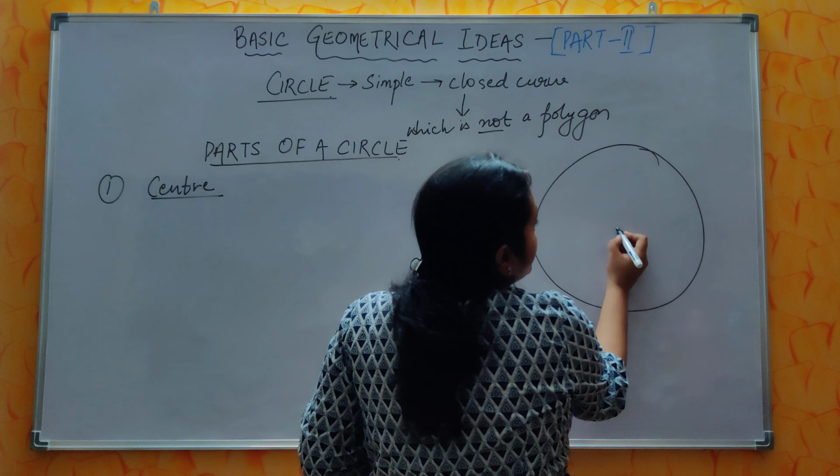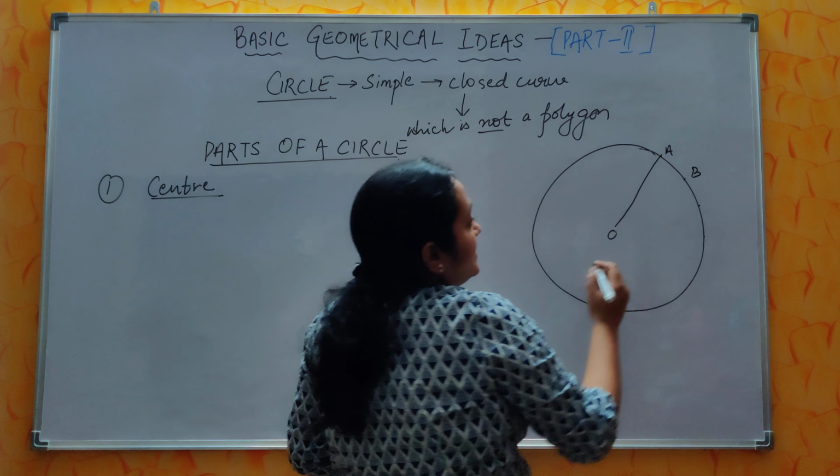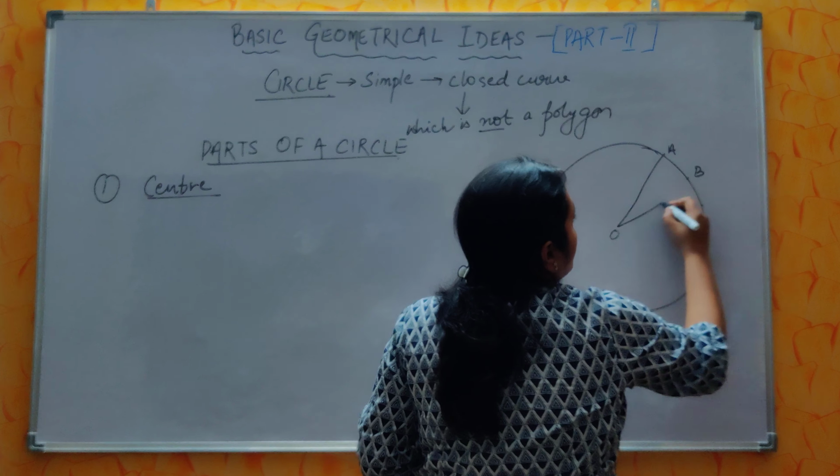If A and B are any two points on the circle, then OA and OB will be the same, and each such distance is known as radius. So center is O and radius